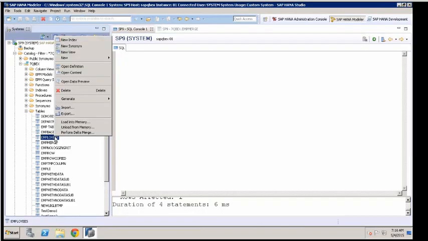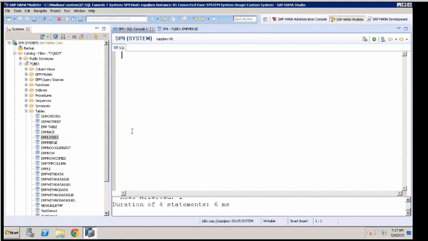See, I can just right click on this table and choose load into main memory or unload from main memory. When you say load, the data from the disk is loaded onto the main memory, and if it's unload, the table is dropped from the main memory. Is this clear? Okay, good. Suppose you've said load. Then what happens? The data of this table is loaded into main memory, and when you run the report or query, it reads from the main memory. That's straight away. You know this.